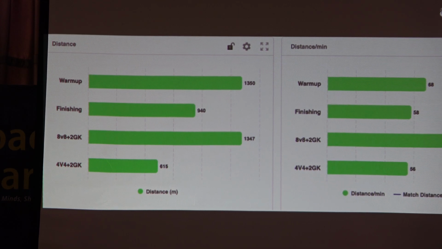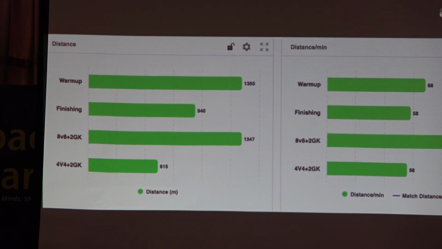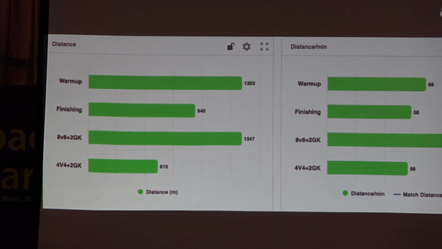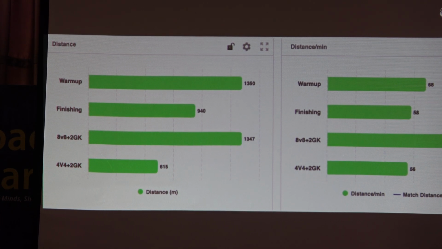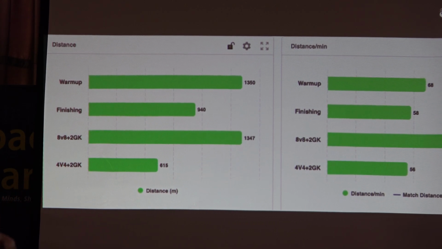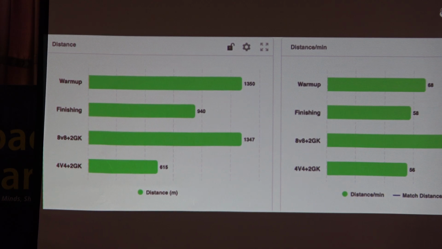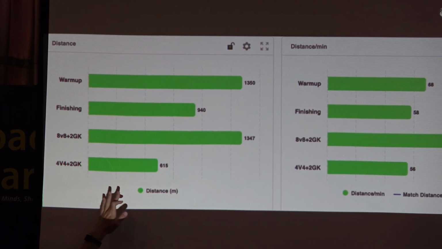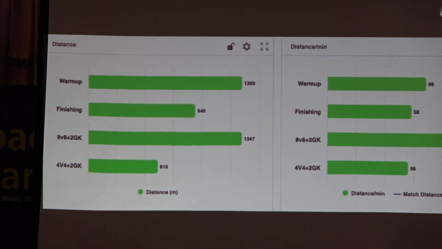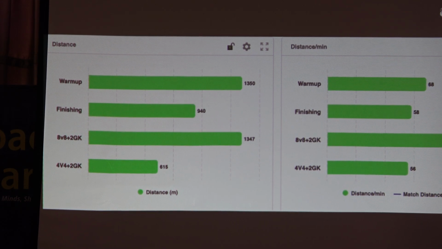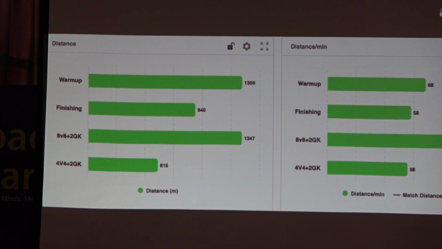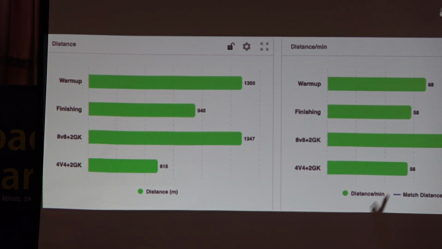So obviously, the longer the training drill is, the more distance you will accumulate. For example, for the warm-up, we had a pretty long warm-up, so the distance accumulated for the warm-up is also